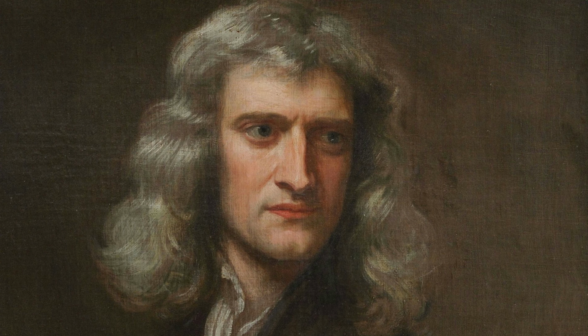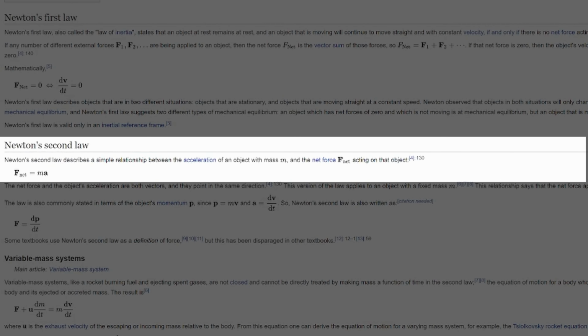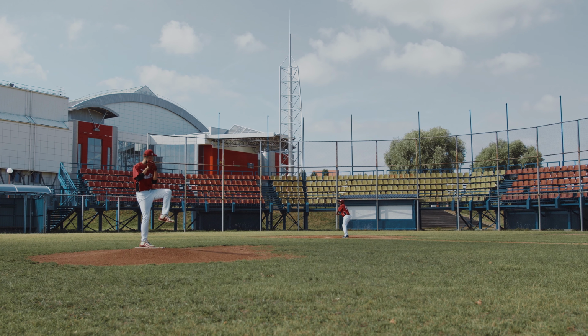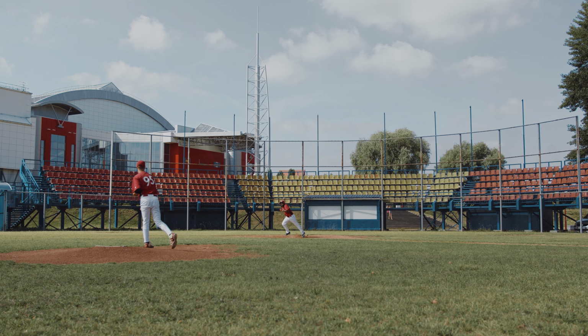Newton's second law of motion tells us that if a force is applied to an object, then this object will accelerate depending on its mass. So if we have a heavy object, it will be more difficult to accelerate it, and if we have a lighter object, it will be easier to accelerate it. Imagine you are hitting a baseball with a baseball bat. Then imagine you pick a golf ball or a tennis ball or a bowling ball, and hit it with the same bat, applying the same amount of force. Obviously, they will accelerate differently because they have different mass.